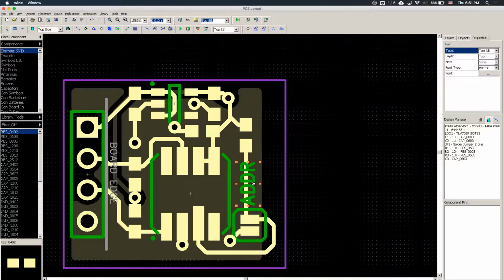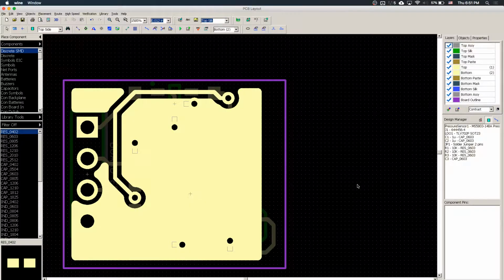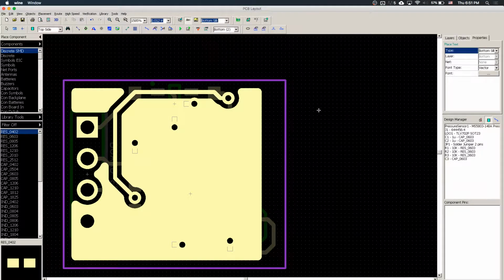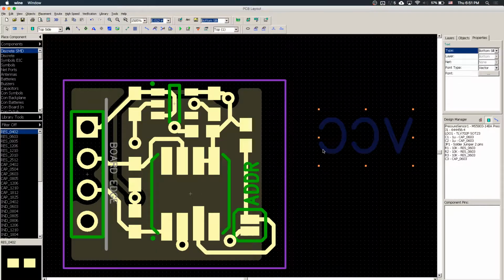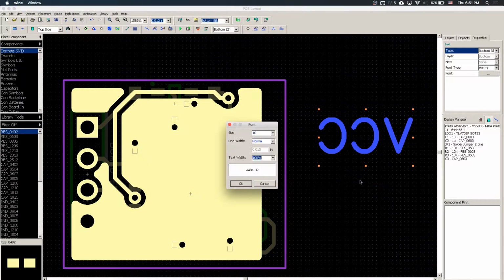Go smaller to place it nicely. And then we're going to do the same thing for the bottom layer to label all these four connections. So next we select bottom silk and type VCC. They are inverted because it's the bottom layer. Although we see it in the top projection of the bottom layer, the actual bottom layer will be a flip of what you see here. So I'm going to change the same thing for this. The font will be 4 with 80% text width,